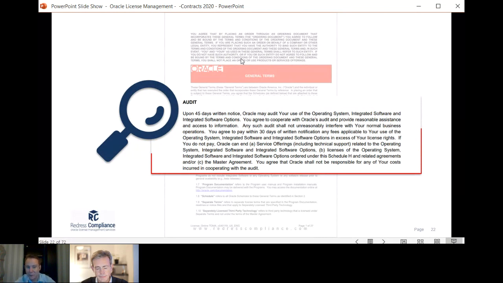But this is, if you're a licensing professional, sort of the clause you want to look at, because if you have a look at the latest OMA, which I just linked, you can see that Oracle have now put in text saying that you shall be running Oracle provided data measurement tools.